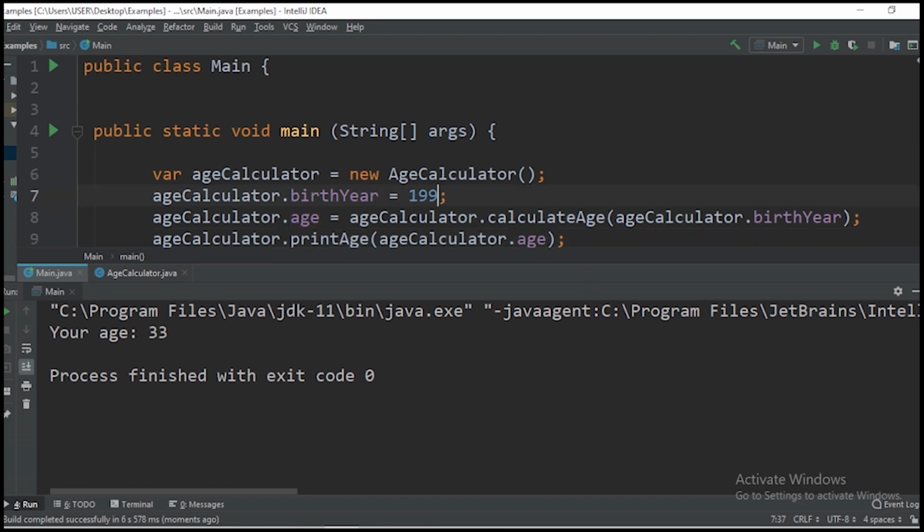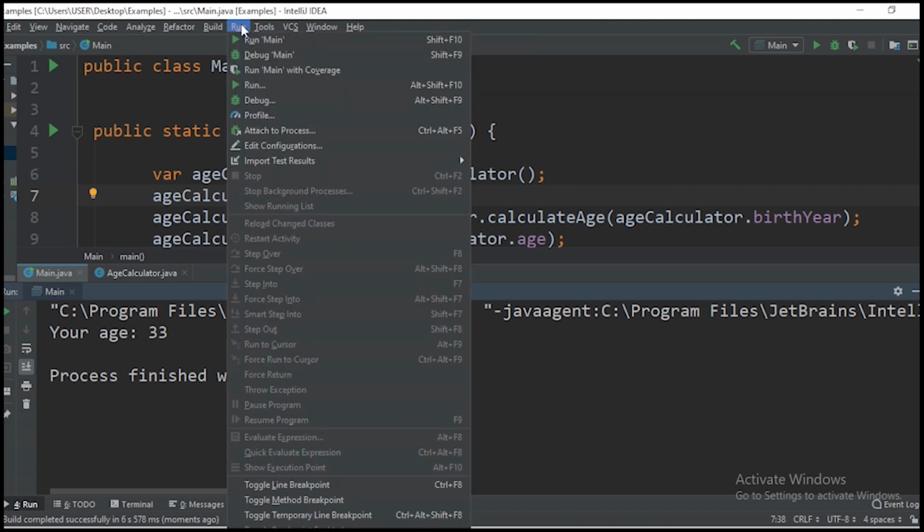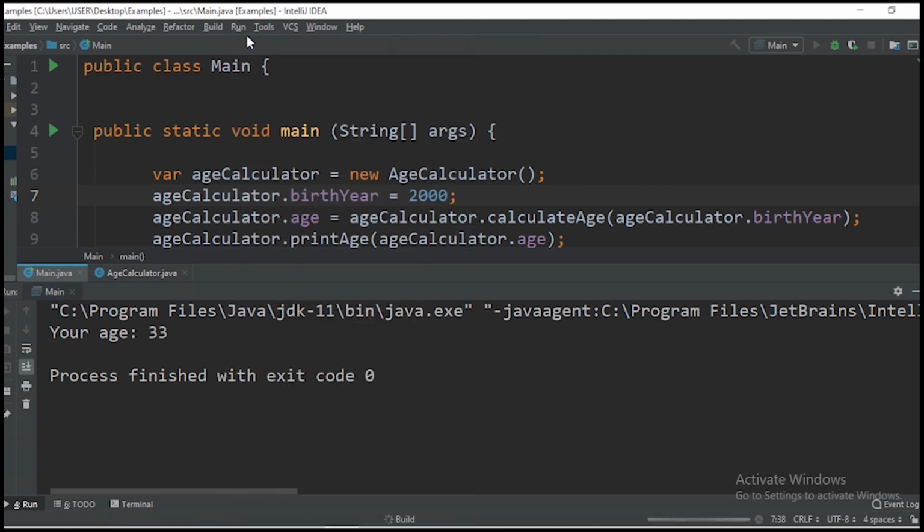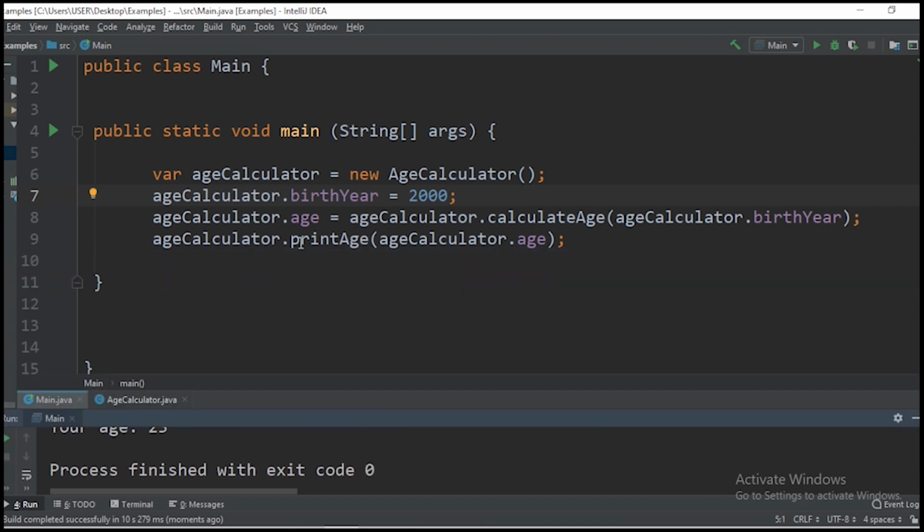Let me try changing the value. Let me write 2000 and then print this method. We have 23. Okay, this is how we encapsulate our data